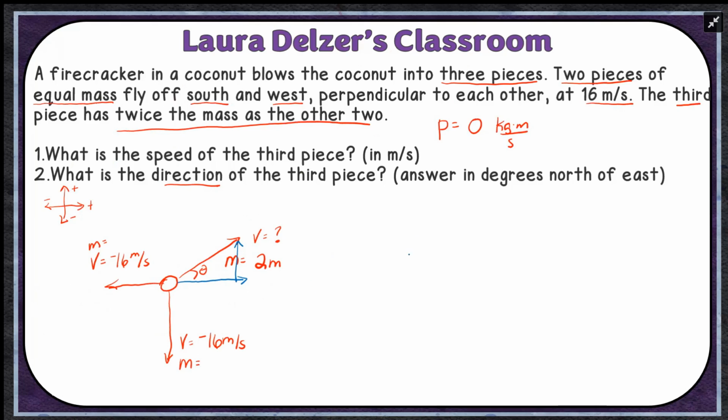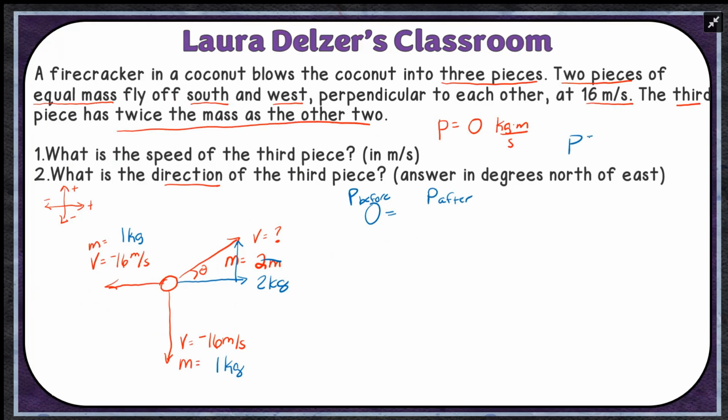By the way, because it didn't tell us the mass, I'm going to make one up. I'm going to call this one 1 kilogram, I'm going to call this one 1 kilogram, and I'm going to call this 2 kilograms, because why not? It didn't tell us what it is. The numbers will work out okay as long as we put in one that's 2 times the other. It's going to add up to 0. This is my momentum before. My momentum after,